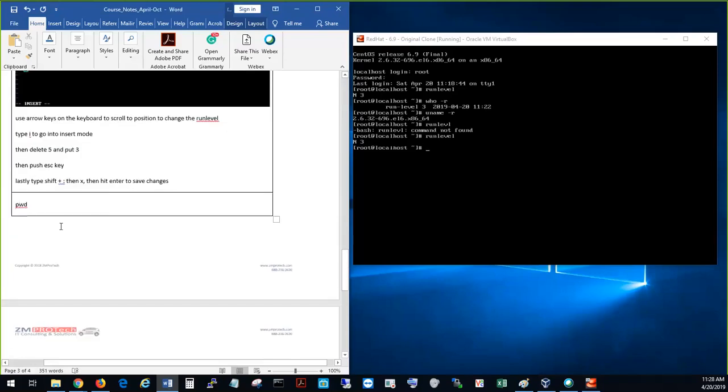So the new command we're going to learn is called pwd. Okay, go ahead and type pwd, and it will give you some information there. So what does pwd stand for? The command pwd is present working directory. So by default, every user has a directory created for them. Okay, in a Linux system, since we are